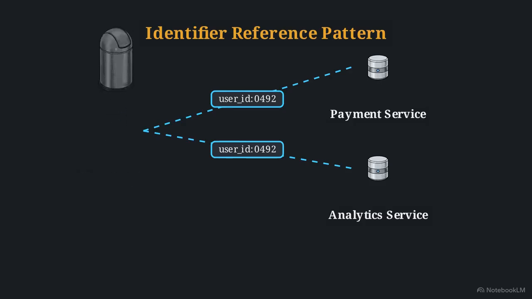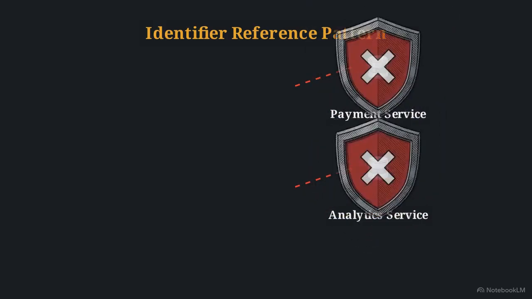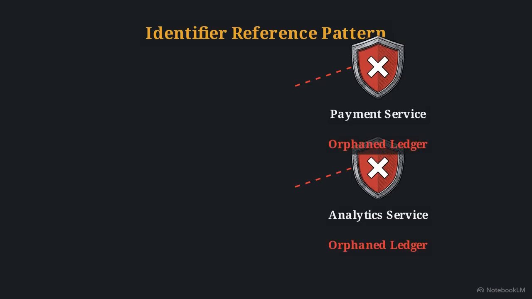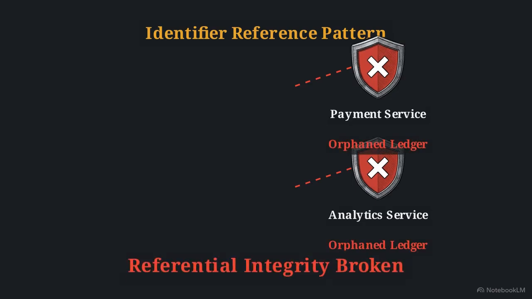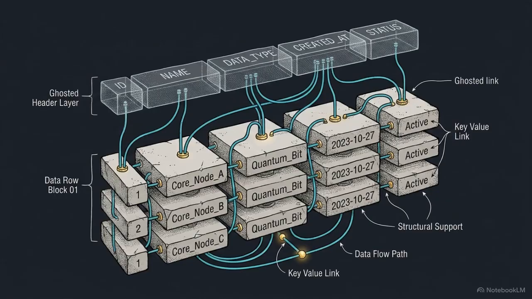Executing a naive hard delete against the user node destroys the application. Downstream payment and analytics services are left holding orphan ledgers tied to an ID that no longer exists, breaking referential integrity across the entire system. The immediate engineering counterproposal is a soft delete. Keep the data, but set an isDeleted Boolean flag to true, hiding the user from the interface to preserve the